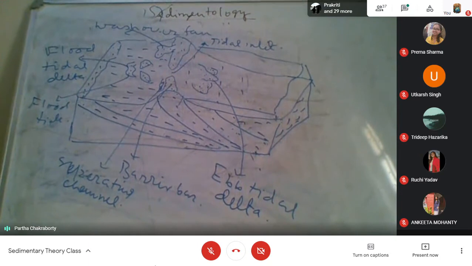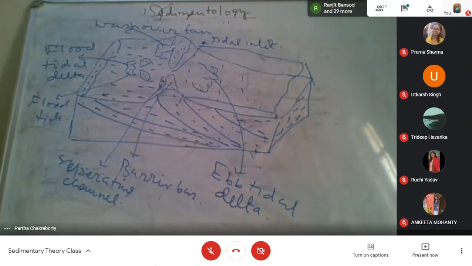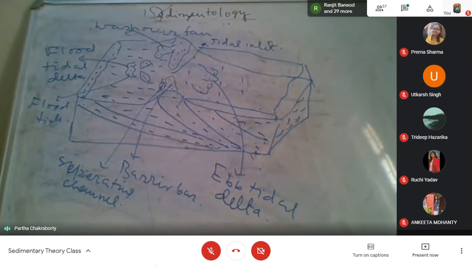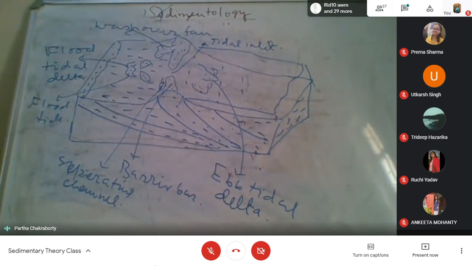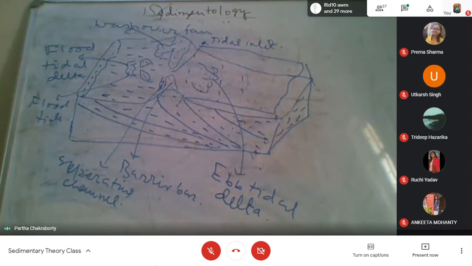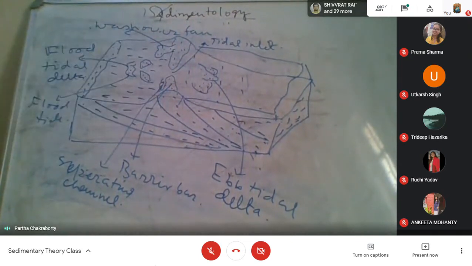And the most important thing is that the large scale cross stratified sandstone will be immediately associated with the black, sometimes gray shale, and many times it may be pyritiferous also. Lagoonal shale may be pyritiferous also. So a coarse grained sandstone that is associated with a pyritiferous shale is a very good indicator that I am seeing a barrier bar lagoon system.